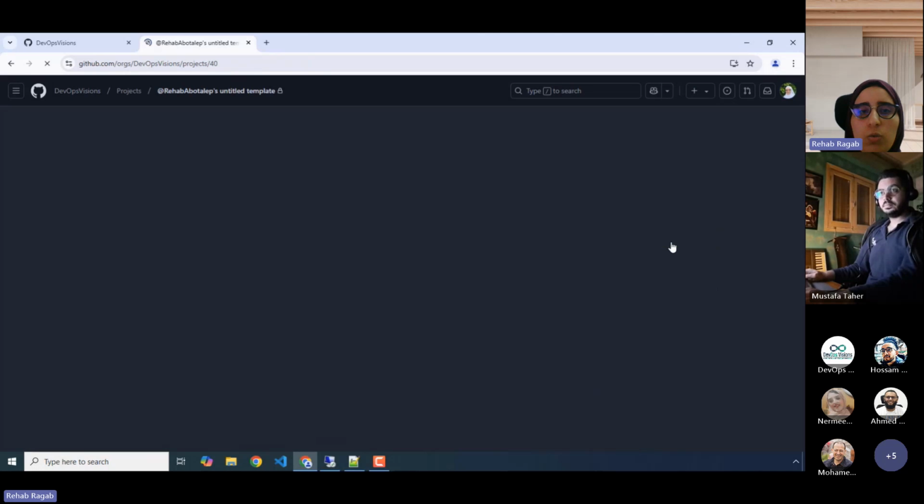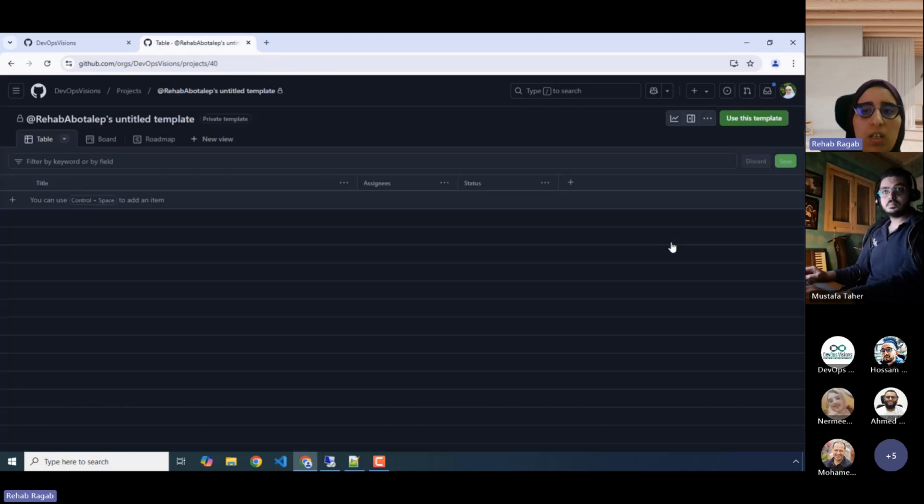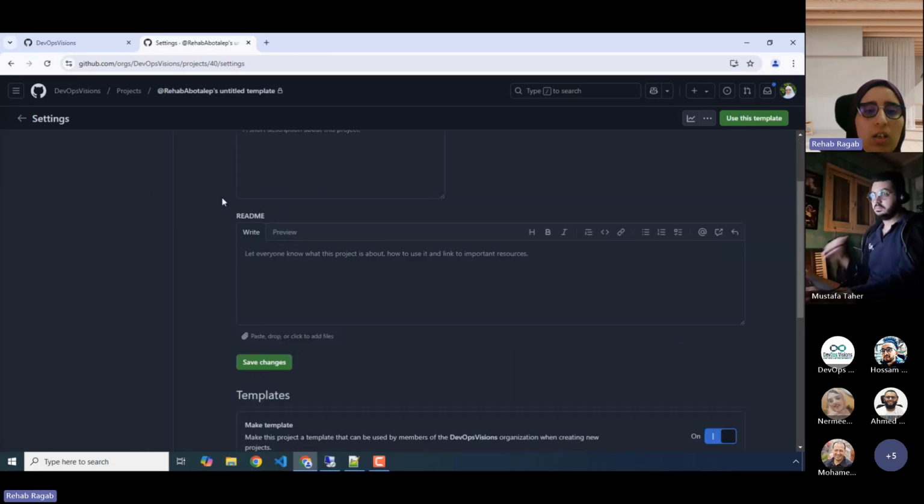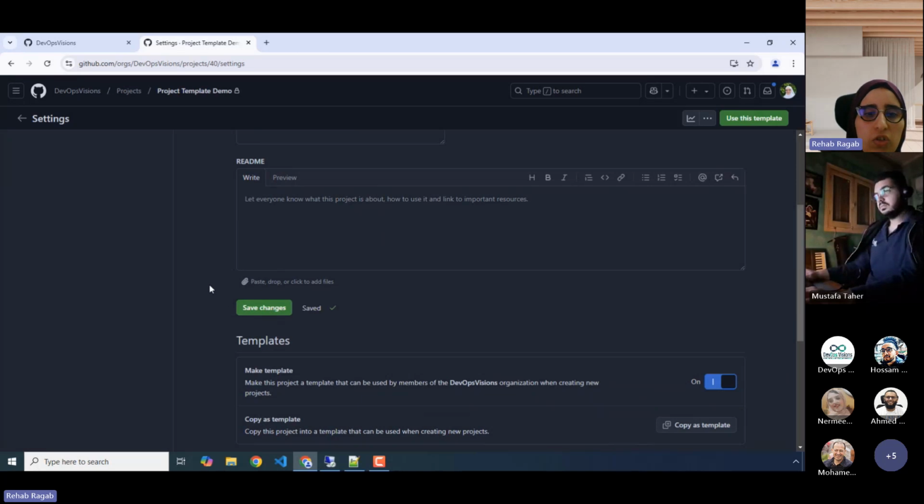So to create a new template, from new template here, this is the name of the template. You can edit it from here. Let's amend it, project template demo. And let's save the changes.